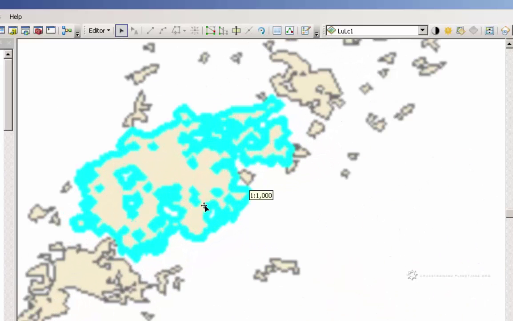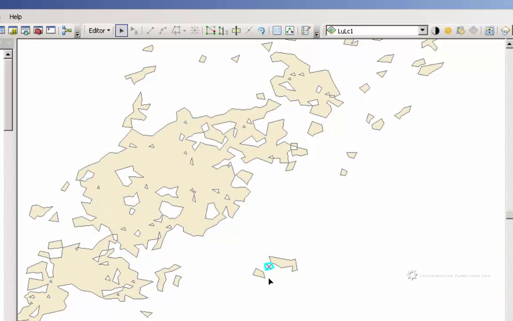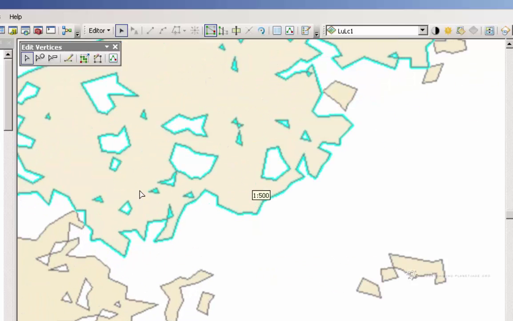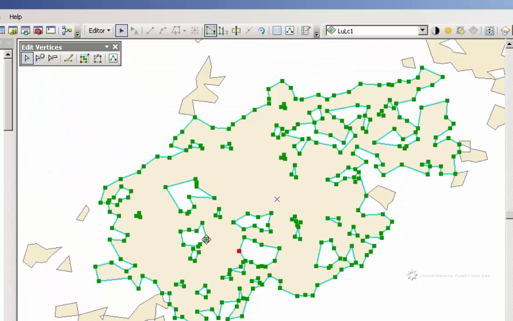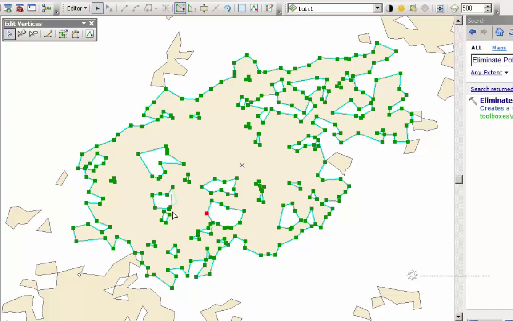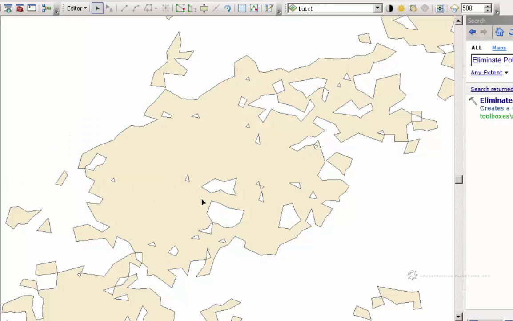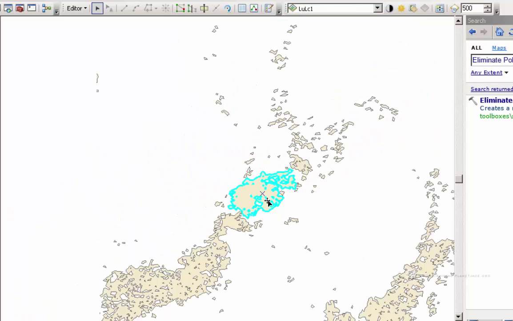So here we go. And we're probably not wanting to delete all of that, but we can certainly go in here. You can go into this edit vertices and probably remove some of these vertices on the inside if you want it to be. So for example, I can right click on this and choose delete vertice, which would close that hole. And I think you might be able to select multiple. Let me see if you can actually do that. Yep, you can. And delete vertices. And then I can click off just to see what the end result is, and then go back in here and edit. So you can see this could actually take quite a long time,